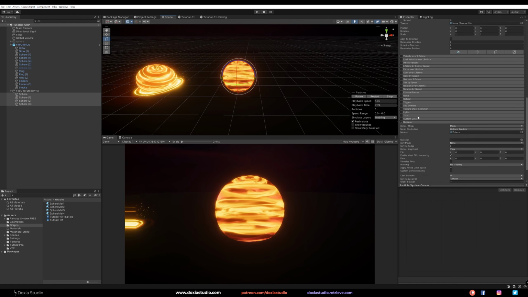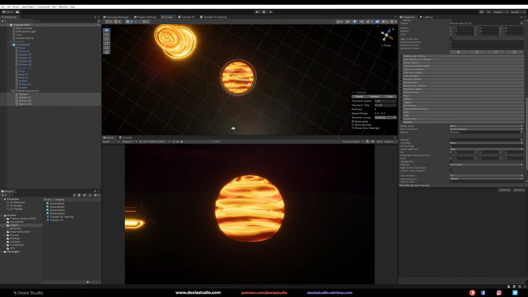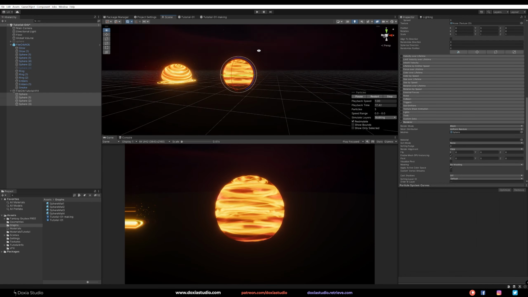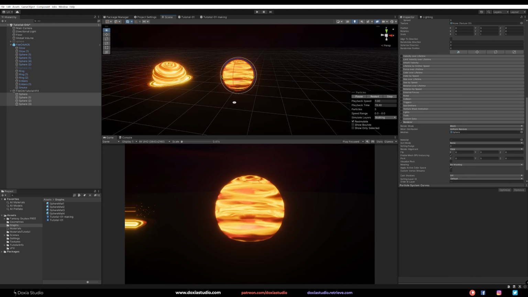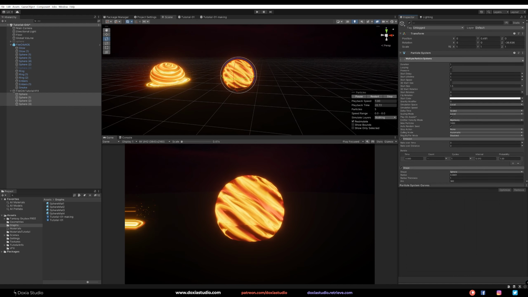Because on the render, we have the render alignment set to view. Even if I change my view, it's always rendering the mesh towards the camera. So if you change this to local, it's going to use the rotation on the transform, and that way we can control the rotation that we want.